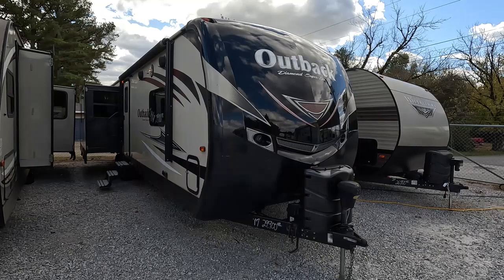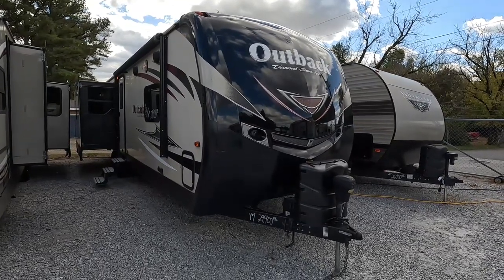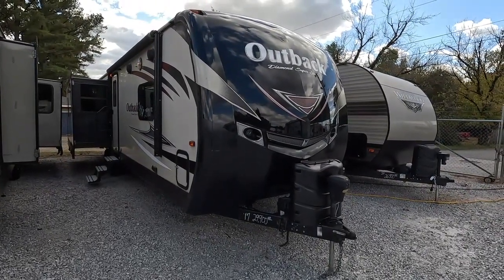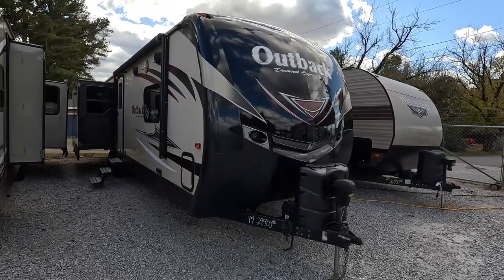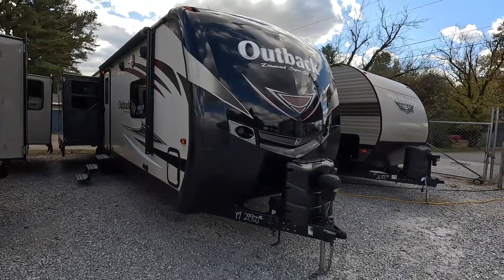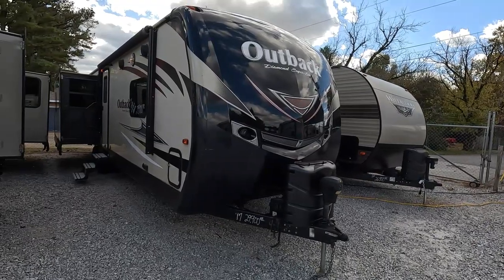Brand new, this camper is well into the $50,000 range. Very high-end camper. I've got it way under NADA right now. It's $29,900 for the '17 model Keystone Outback 328RL, and it's a 37 feet 4-inch long triple slide rear lounge RV or travel trailer. And guys, this is a real nice one, pretty much loaded, extended. It is a four seasons model,